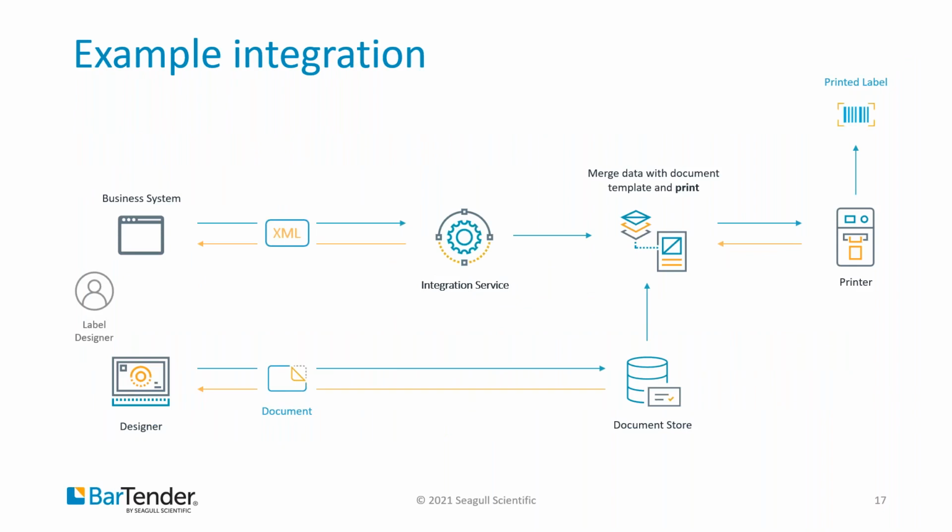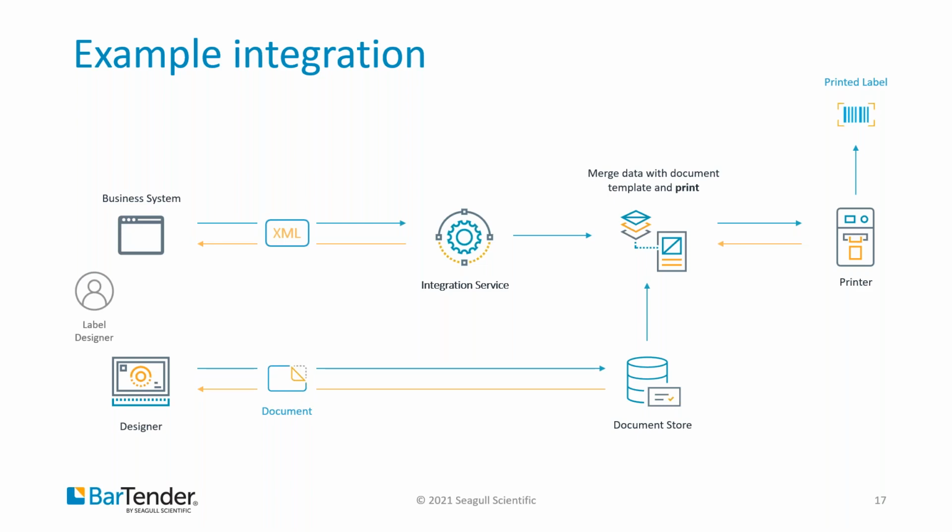And finally, here's an example integration where we see there on the left-hand side, the business system, print operators interacting with it, and they press a button which generates an XML, possibly as a web service request. As you can see, there's an arrow going back to the business system, which indicates that there's a response being sent back. The request is detected by the integration service, and it will then control a BarTender print engine to